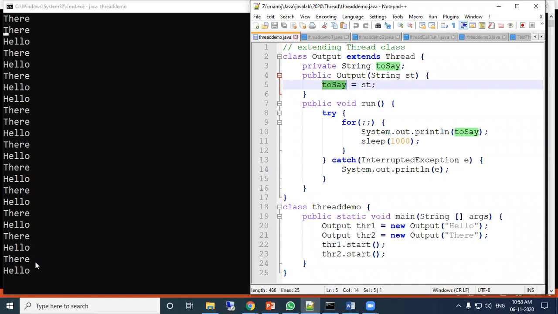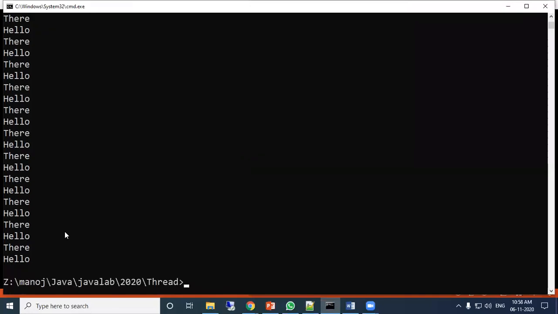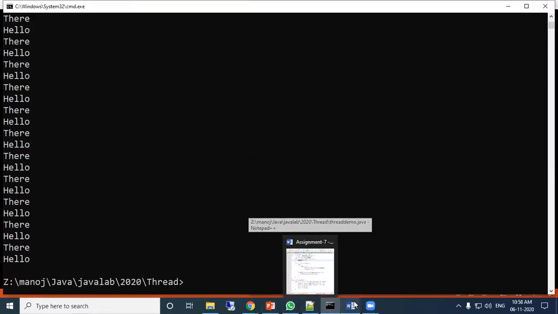But you will find sometimes one start from one run will be called, and it is not necessary that hello and there will come one by one. It depends upon the system resource time available. Okay. So this is about the simple example of the thread program.